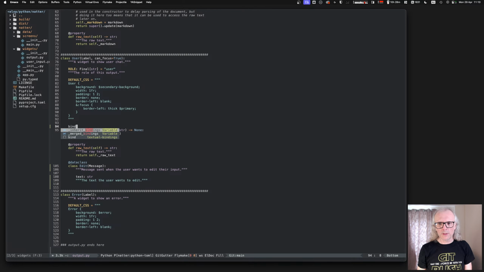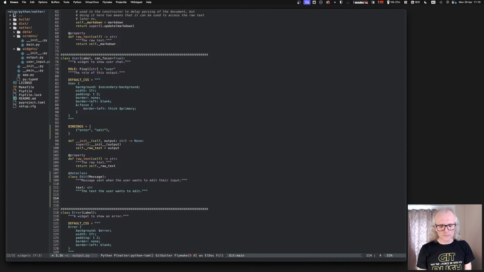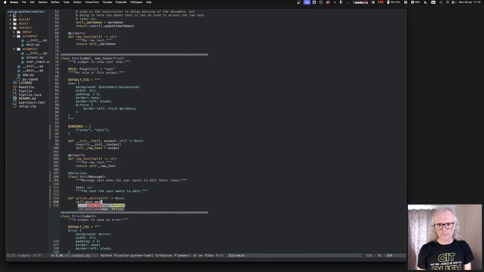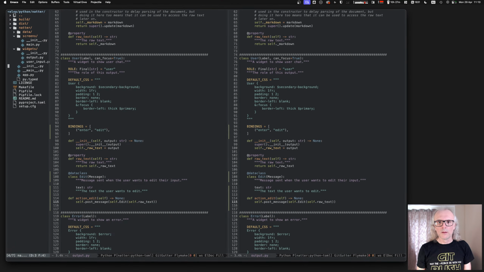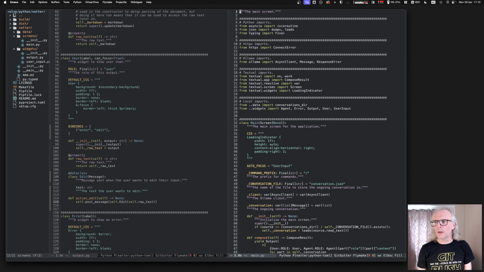I'll have that binding. Something like that. It's going to work first time. Totally going to work first time. Yeah, I do have that there.